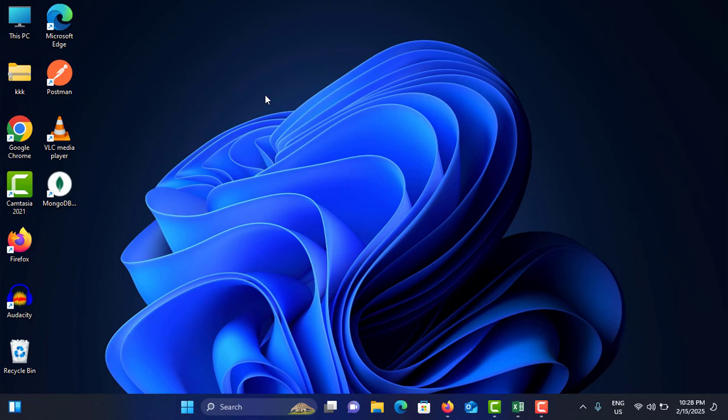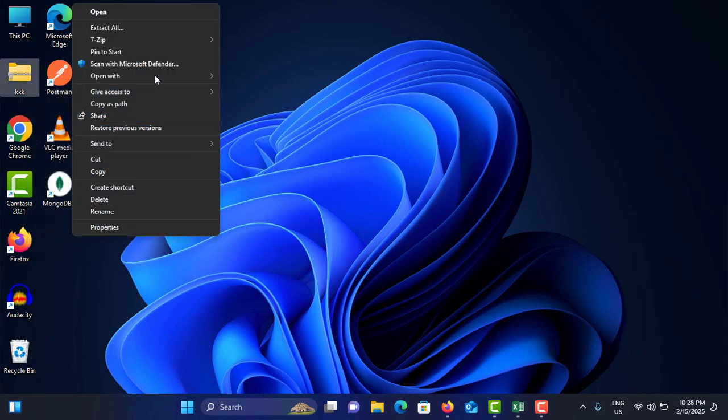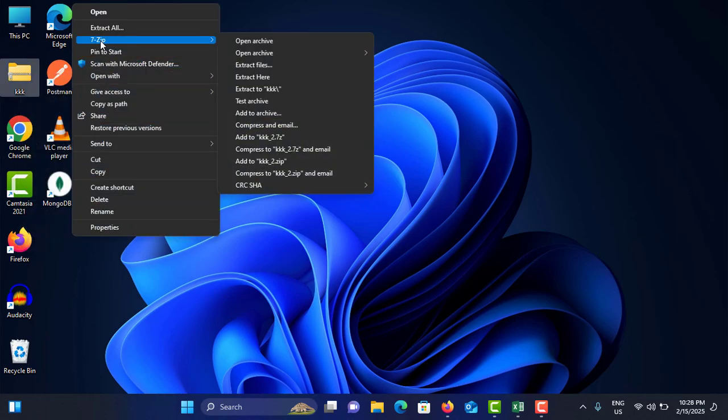So to unzip the zip file, in my case this is the zip file I need to unzip using 7-zip. What you have to do is just right click on it and go to show more options. You can see there is a option called 7-zip, and go to site menu, and you can see various options